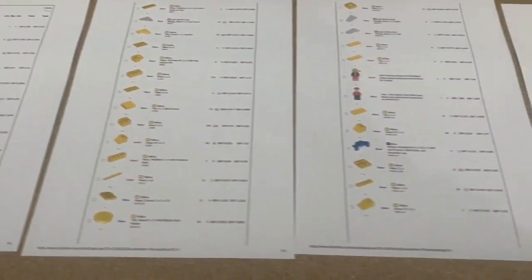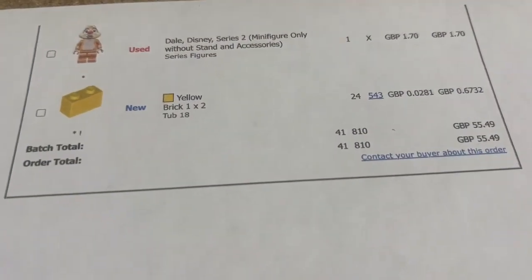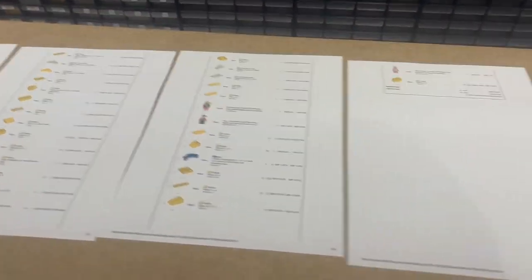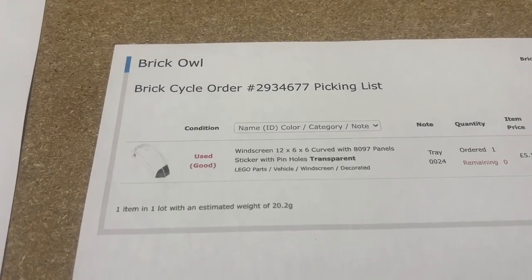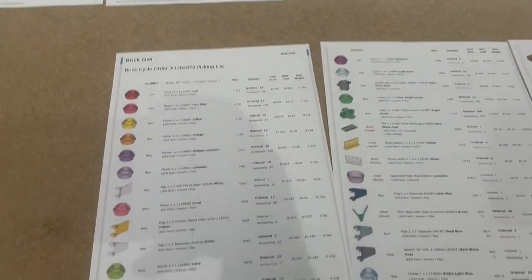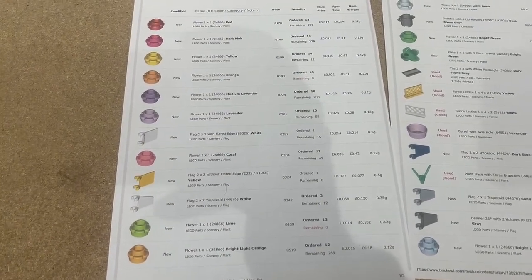Quite a large order, about £55 I think it were. Yeah, 41 lots, 810 items for £55. So I also opened the Brick Owl back up. We've got one curved large windscreen going out on Brick Owl at £5.10, and then we've also got this one on Brick Owl. Lots of flower petals